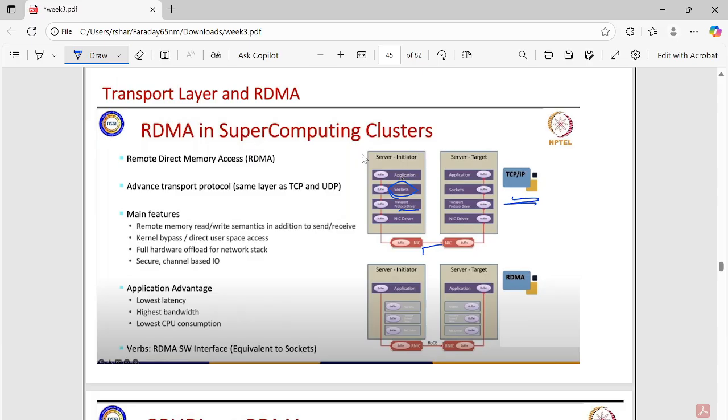This whole cycle of copying data from server number 1 to server number 2 is called the latency. Let's say we want to send one double precision floating point number from server 1 to server 2 over TCP. It will take microseconds. The TCP/IP based connection will take around 10 microseconds because so many buffer copies are involved. Therefore, for a high performance network, we need a transport layer which bypasses all this intermediate